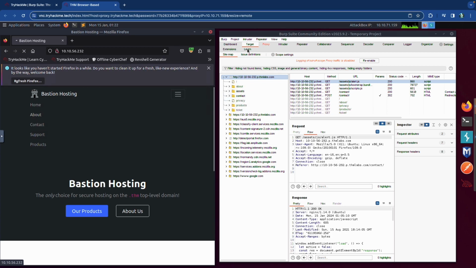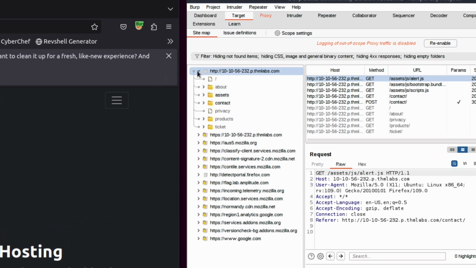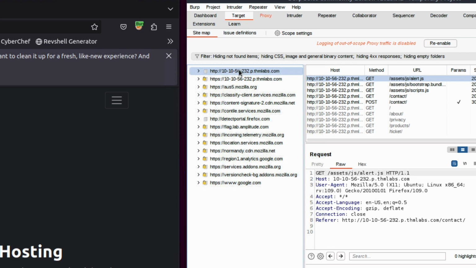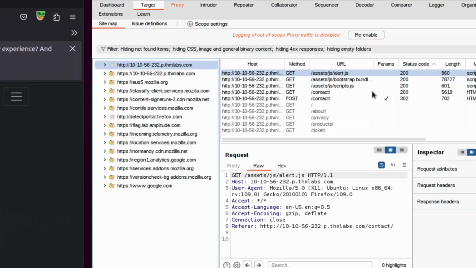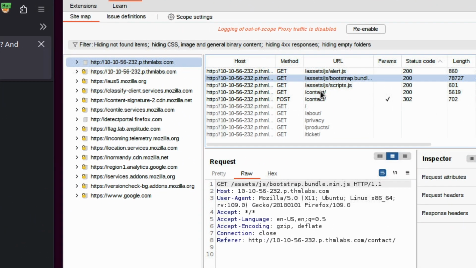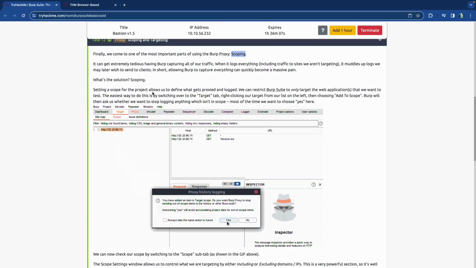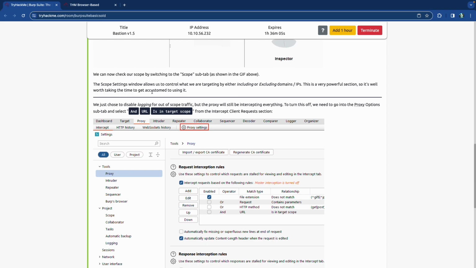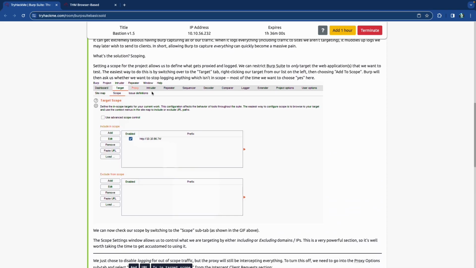So target, sitemap, and then click on the big item, not the drop down portion, the full domain, I forget the technical name for this, and then add that to your scope, and anything that happens within that, for example, all of these things, assets, contact, about, privacy, all of that will be a part of your scope. Okay, so this is our scope,